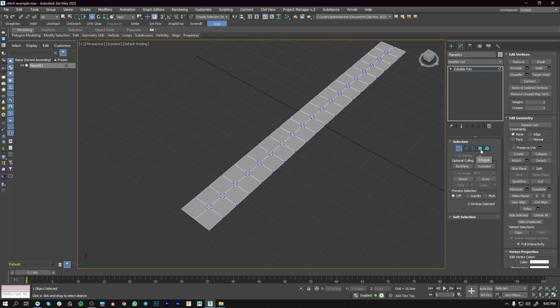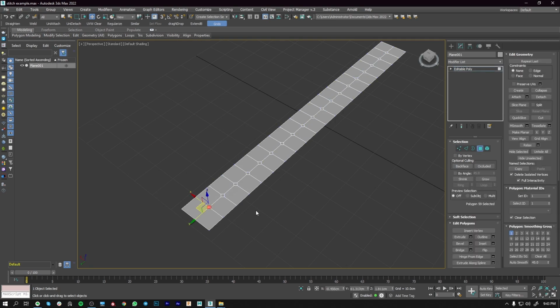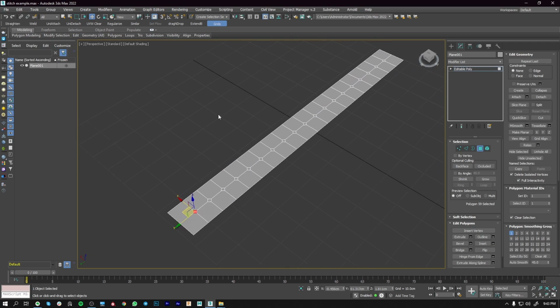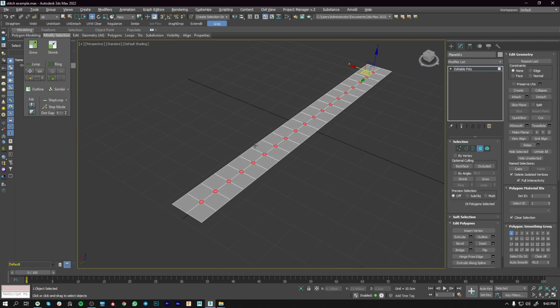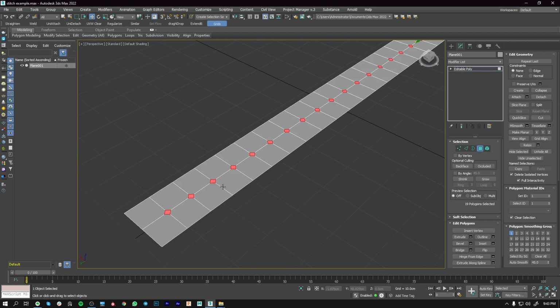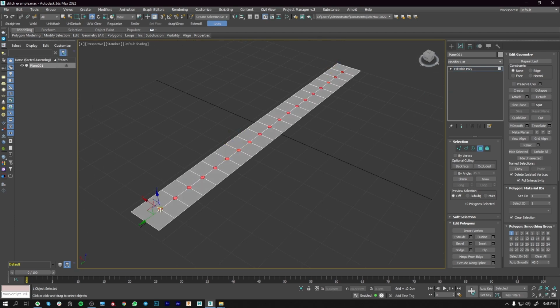Then I'm going to come to the poly selection mode and click a single poly. And then I'm going to go under the modify selection panel. And here you can see the similar option. Then I'm going to extrude them.